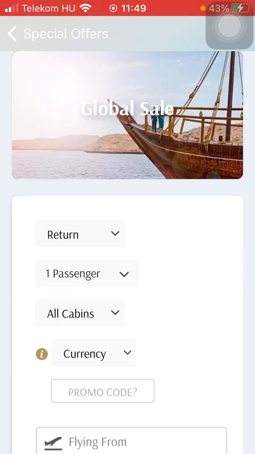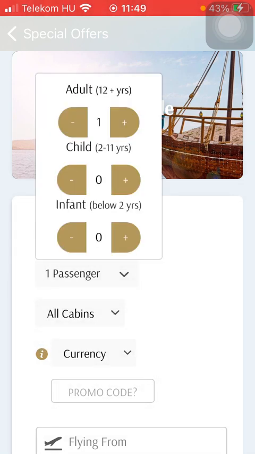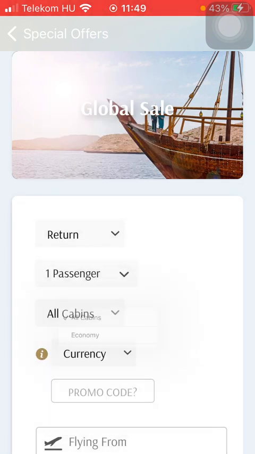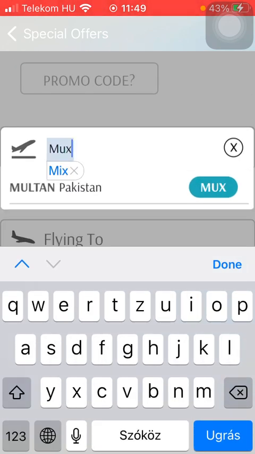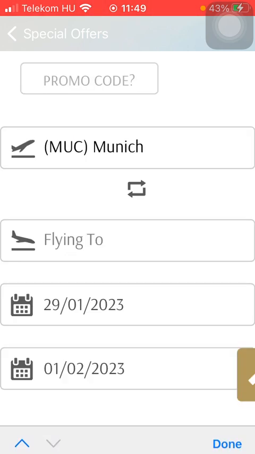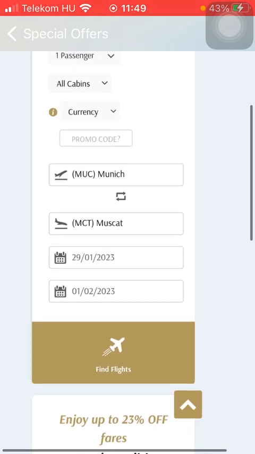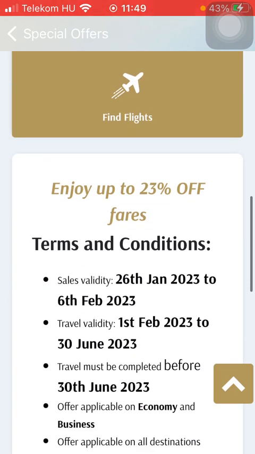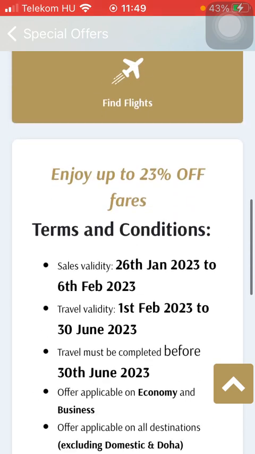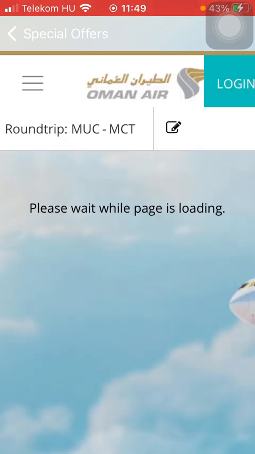whether it is a return flight or a one-way or multi-city. Then select the number of passengers, the cabin type, the currency. You should select your departure point, then your destination, your departure and the return date, and here you can see the offers, and click on the find flights button to search for the available flights and offers, and then you will